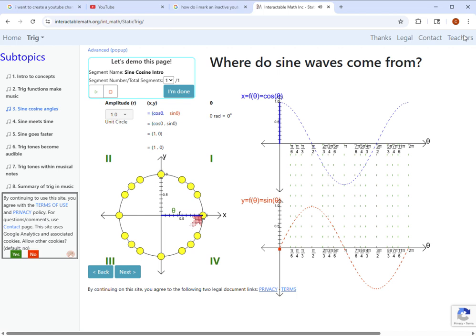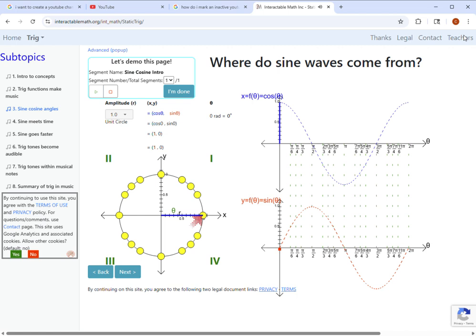Later, we will add time to our graphs, and the x-axis will be the time in seconds instead of angle theta in radians. Of course, angle theta will be related to time, since theta equals 2 times pi times frequency times time. It will become clearer when you go to the next pages of this section. Once we learn about frequency, then the wonders of music, wireless technology, motion, and countless other things will open up to us. Try all of this on your own after this demo.